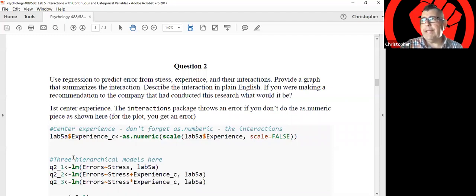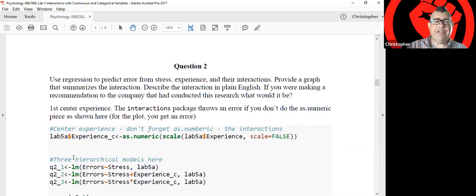And that's really the point of this entire assignment, is to get at how we can do that and some of the challenges behind using categorical and continuous predictors. In particular, some of the challenges behind getting at interactions between those variables, between categorical and continuous variables, and then later interactions between continuous variables. Here I'm asking you to predict errors from stress and the variable called experience,